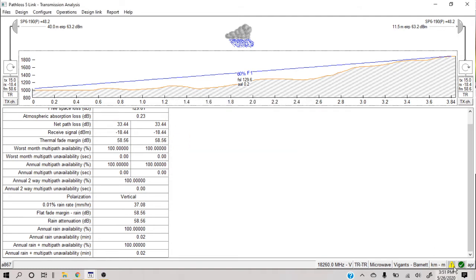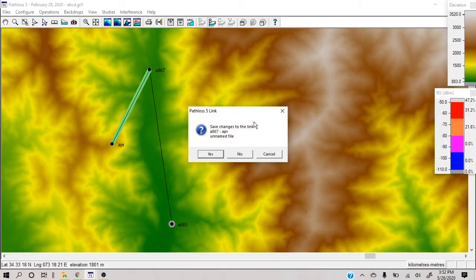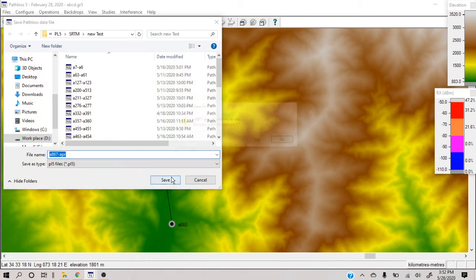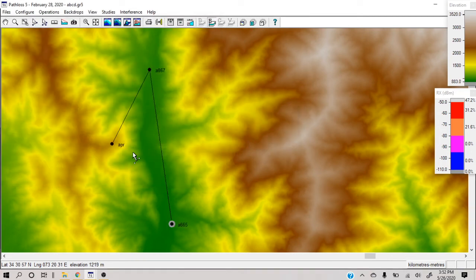So basically the main issue that we are getting here, which is a very critical issue, but we will not go into detail right now, is that the receive signal is very high. But for us right now it's no problem. We will go with a very high receive signal because we know that we have to remove this site and put a passive repeater here. So one site is planned. I will save it. Then I will plan the other site.